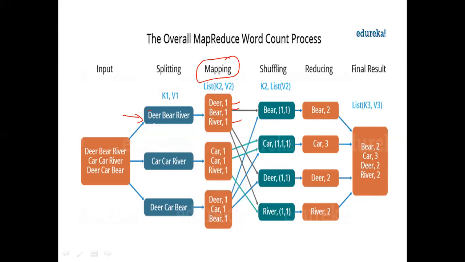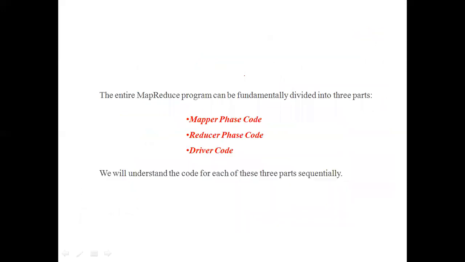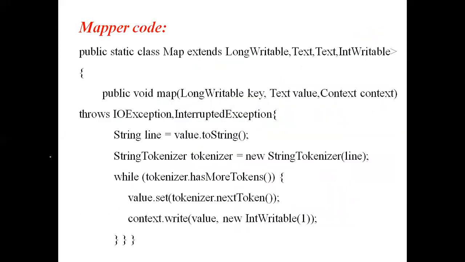So first, the entire input is divided into the words. It is dividing the given input line into the words, and for every word it is attaching a count of 1. That is going on in this mapping. Clear? So we have to write the program so that whenever an input split is given to this mapper class, it has to break the line into words, and for every word it has to attach 1. Now we will see code for this one.